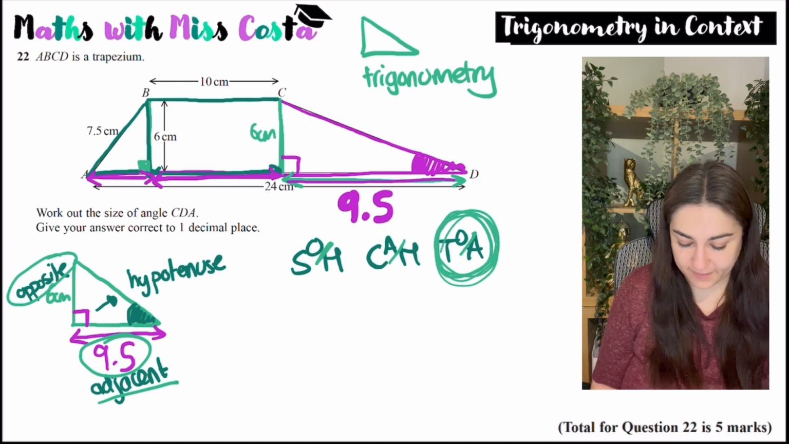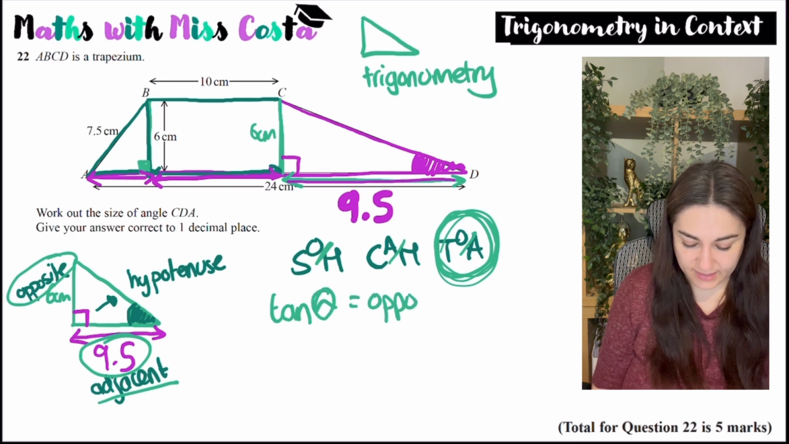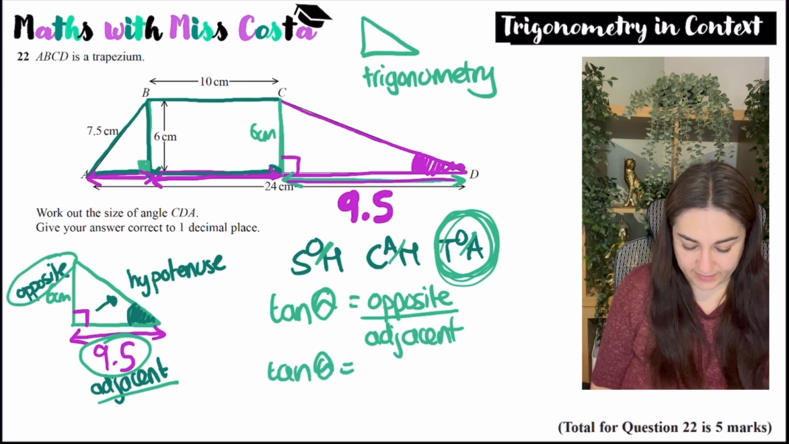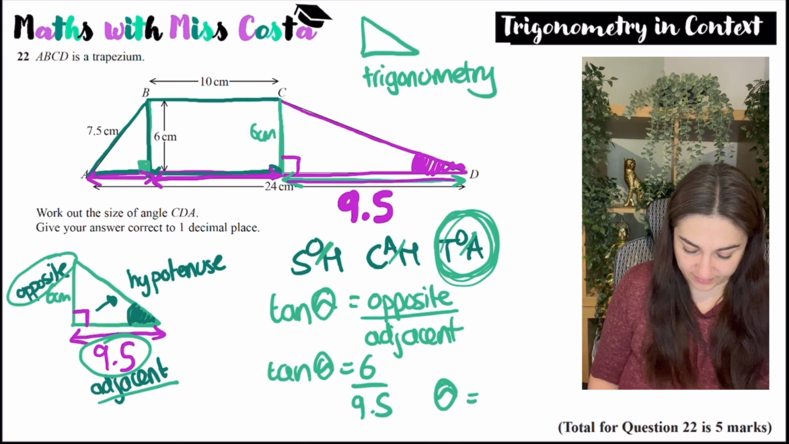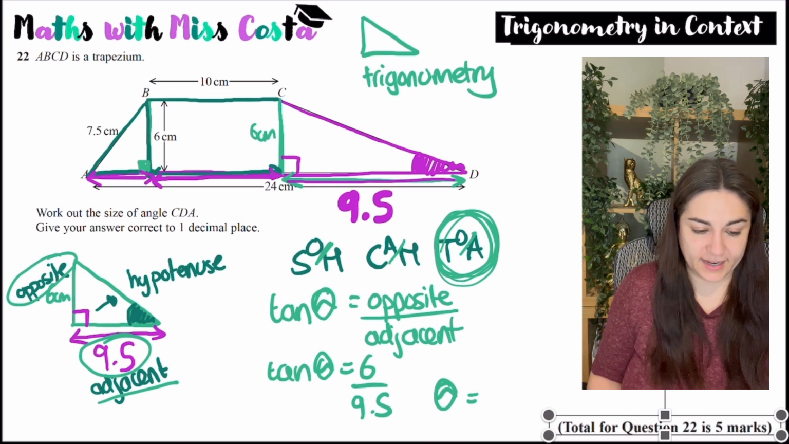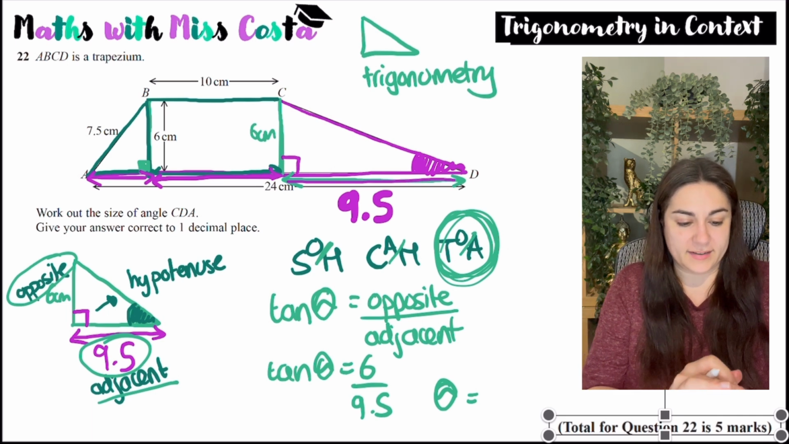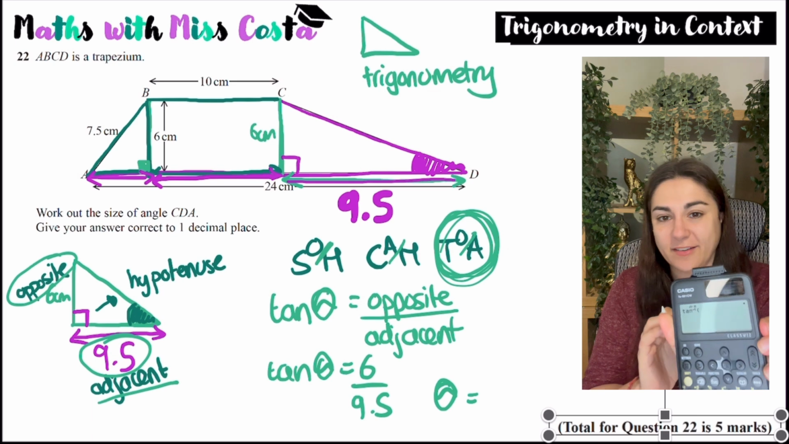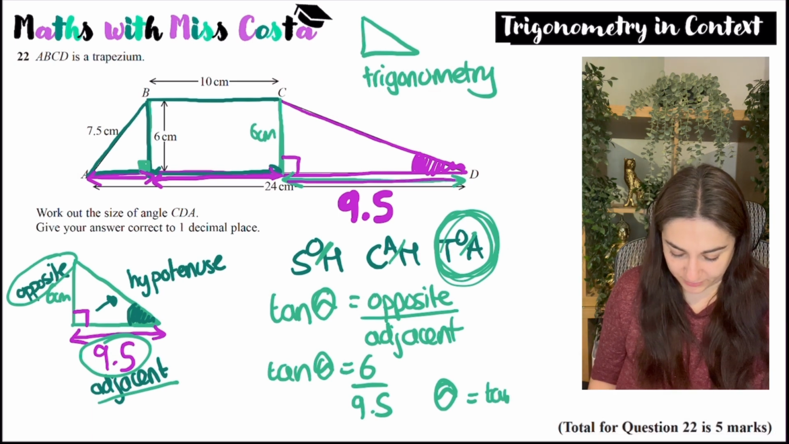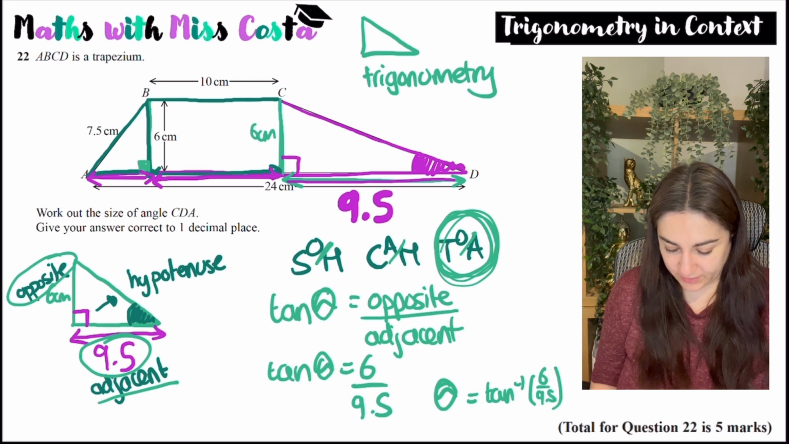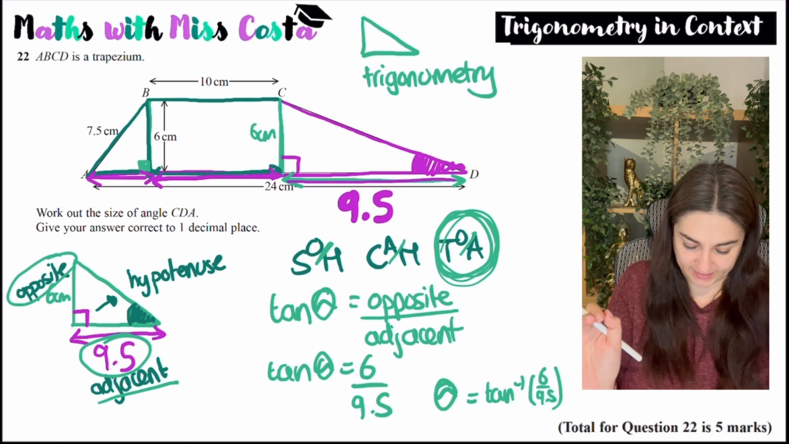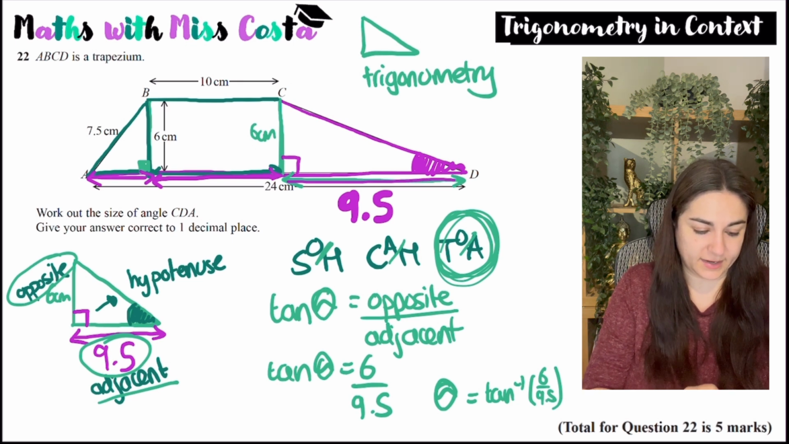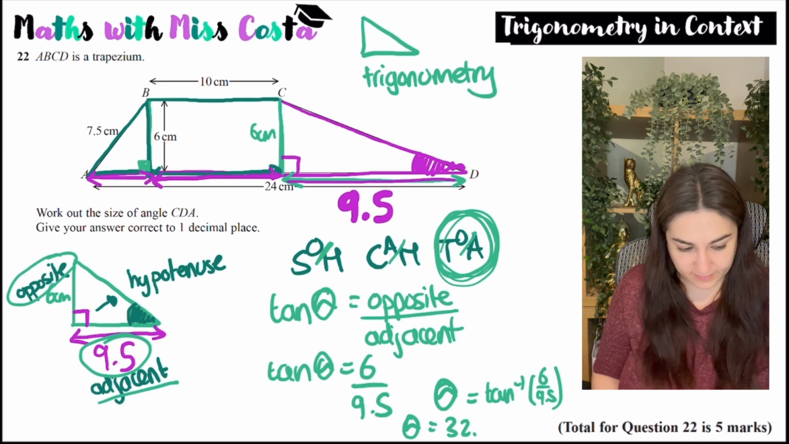With trigonometry, we write out SOHCAHTOA, and we think about which sides we're going to use. So we've been given this side, which is the adjacent, and also the opposite. SOH is opposite over hypotenuse, CAH is adjacent over hypotenuse, TOA is opposite over adjacent. So I've got adjacent and opposite, so I'm going to use TOA. So tan theta is the opposite over the adjacent, so tan theta is 6 centimeters over 9.5. To work out theta, we press the inverse of tan. On my calculator, I press shift and then tan, so you end up with tan minus 1. You write tan minus 1, 6 over 9.5, close the bracket, and you should get theta equals